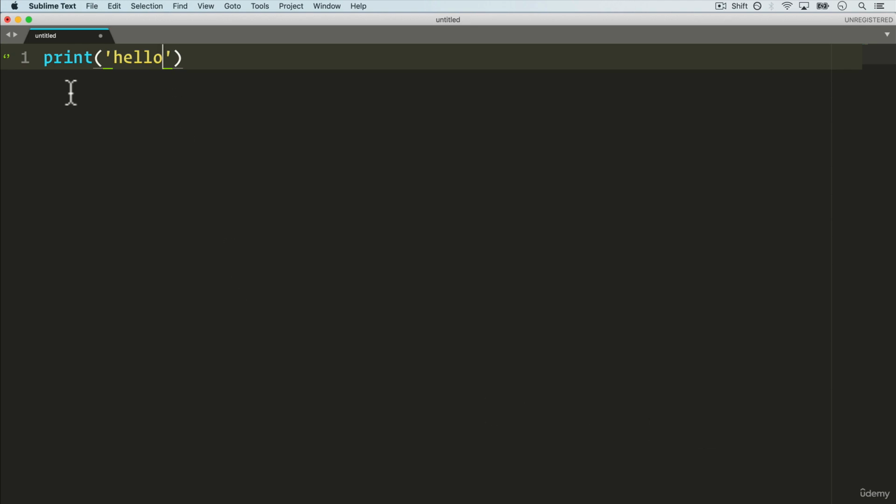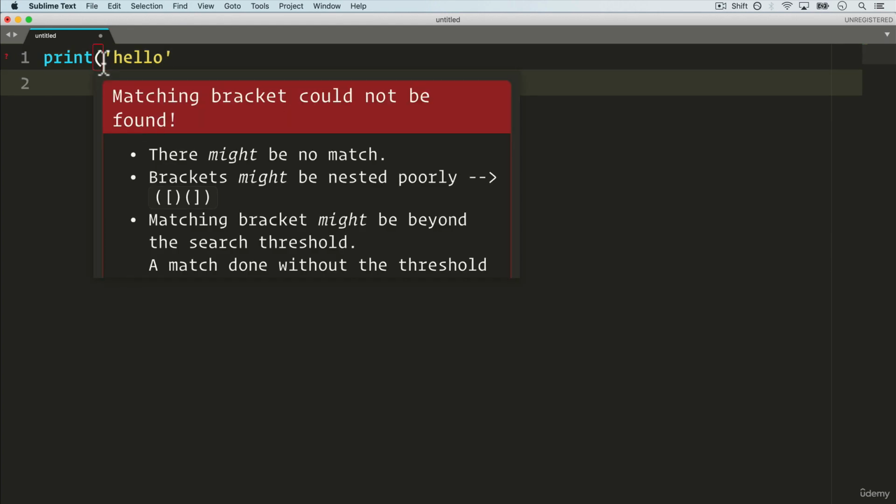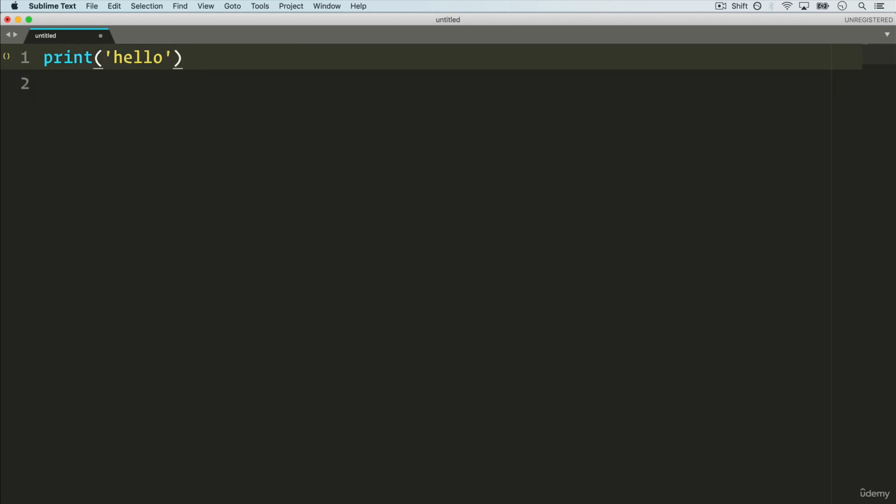I have some color completion. It gives me some hints, and let's say I make a mistake here. Well, there you go. I get some highlighting saying, hey, matching bracket could not be found. Make sure that you close this out. So immediately you can see the usefulness of this. It tells me as I'm coding along what errors I'm making. It makes the color pretty, and generally is just a better experience to code.